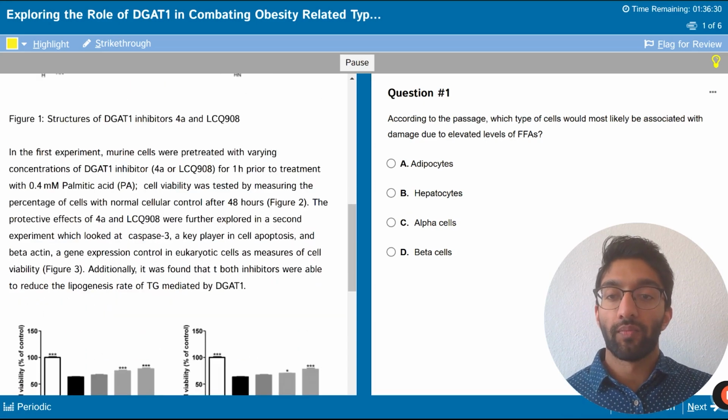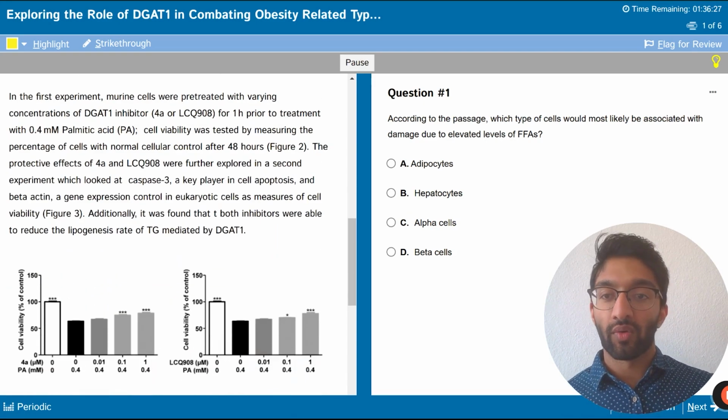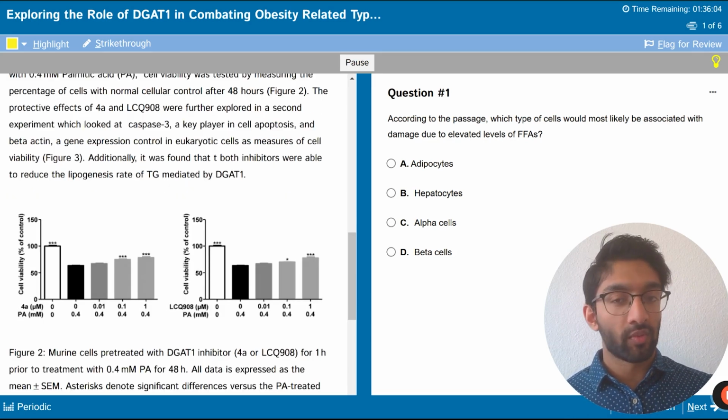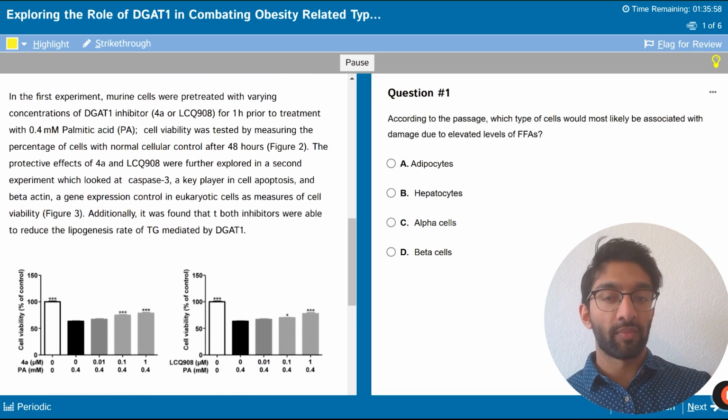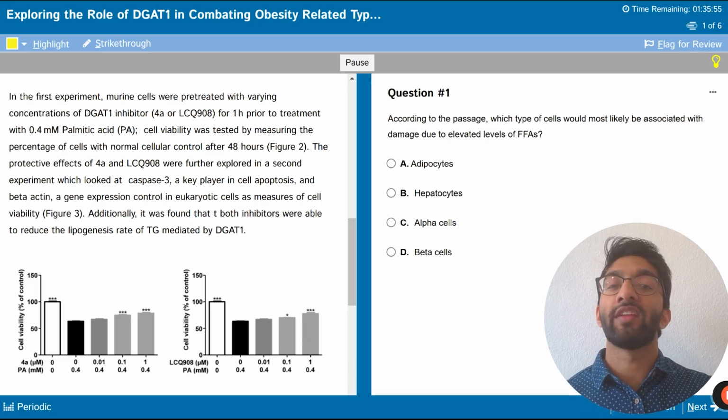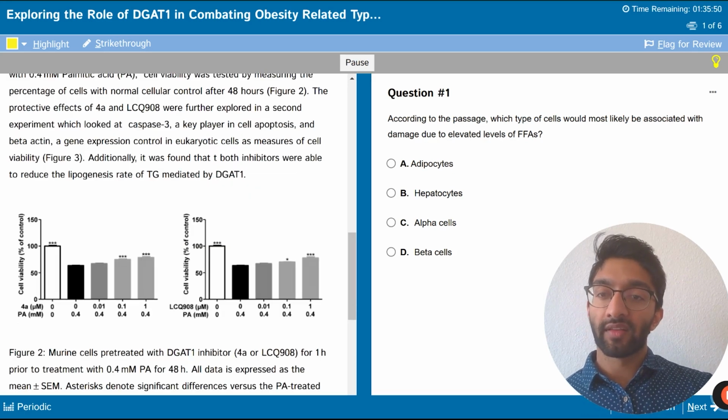Okay. So now we get into the method section. What were the experiments that happened? So the first experiment, basically, they treated the cells with PA, and afterwards they added the inhibitor, and then they were looking at cell viability. Cell viability, that's the key. And that's what we see in figure 2. So when we go to figure 2, they were looking at cell viability. First they gave them PA, and then they added the inhibitor. So we'll basically find out what the inhibitor does after PA has already been in the cells.